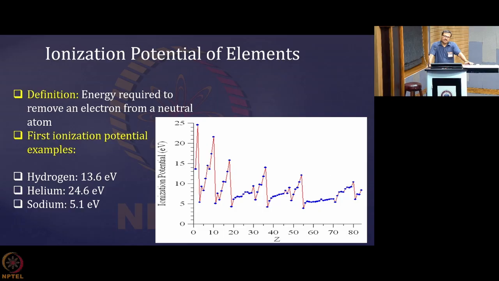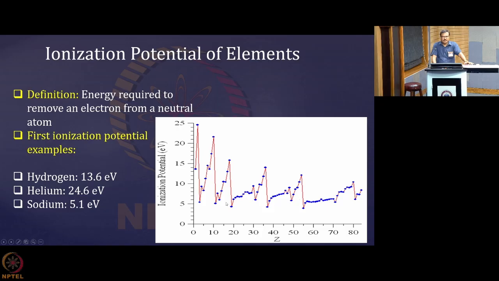What is plotted? The ionization potential in electron volt on the y-axis, and on the x-axis, the Z of the atoms in the periodic table. Basically, I have plotted for all of them. I collected the data and used a graphing software and plotted this. So these blue dots correspond to the elements in the periodic table. As I already explained in the class, the interesting part of this is that this is a zigzag kind of structure.